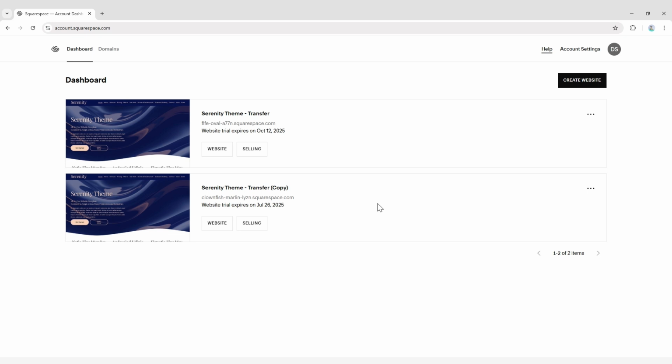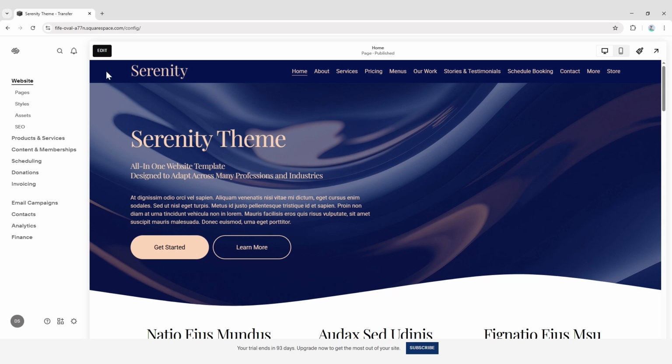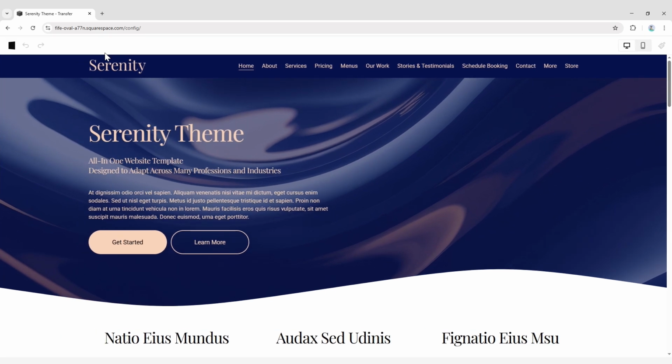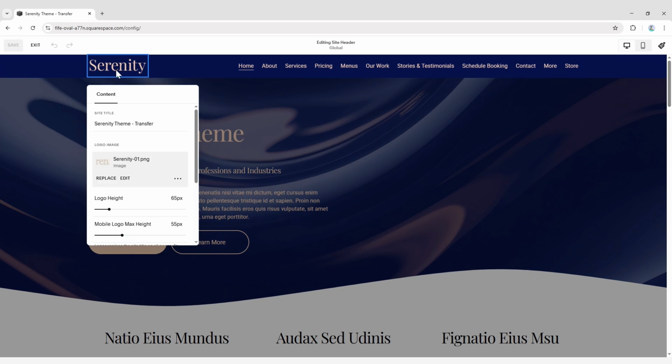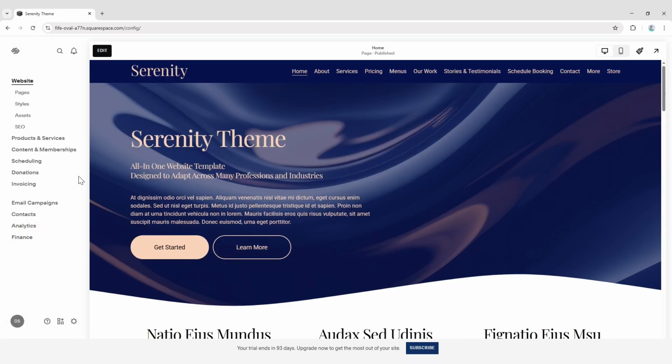For clarity, let's rename the website. Click Website, and then in the editor, click on Edit. Hover over the site title and click on it. Go to Edit Site Header and rename your site. Click anywhere outside of the menu to exit, and then click on Save. Return to your dashboard, and you'll see your new website name,